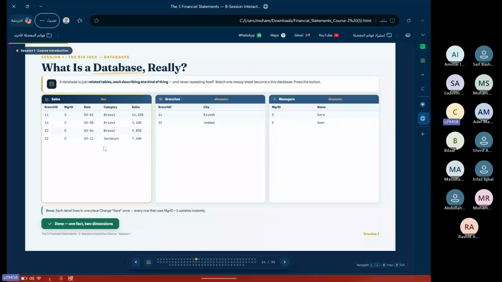And of course, your mistakes will be more. This branch, you can mistakenly add it to Jeddah by typing, by anything that is not accurate. So you have your dimension table. We have our managers table also. We will put here only the manager ID, and it will match with this. So you have here SS and OO, for Sarah and Omar. So also we don't need to add 3 or 4 columns for manager name, manager birthday, manager salary. We don't need to add all of this in one table. So this is the most important thing in today's course, that we need to move from tables to a database.